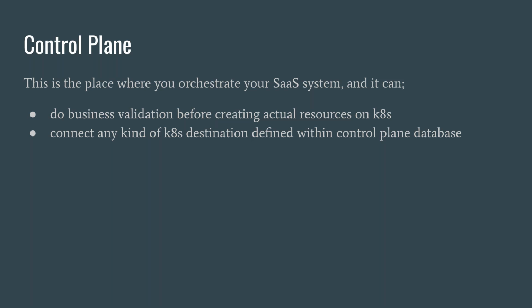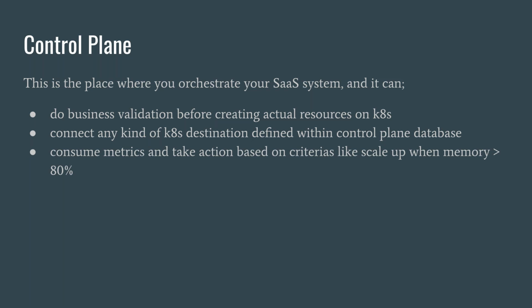From this microservice pool, there is a service called the cluster service. It is capable of connecting to any kind of Kubernetes cluster on the data plane. These cluster credentials and details can be fetched from a secure source, let's say a database. And this control plane also can